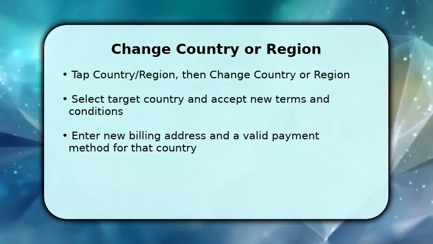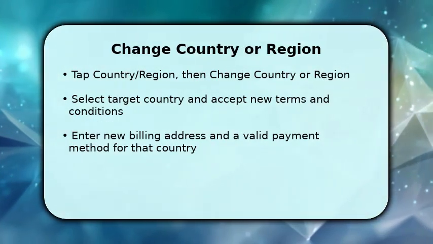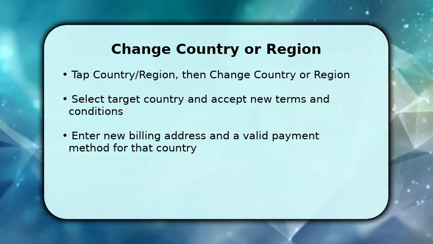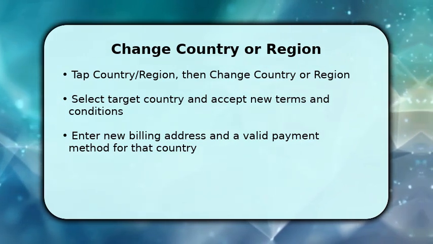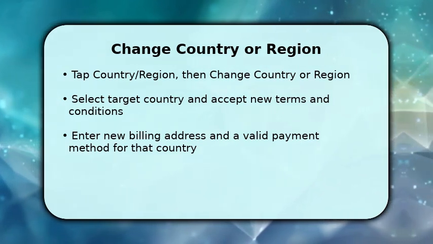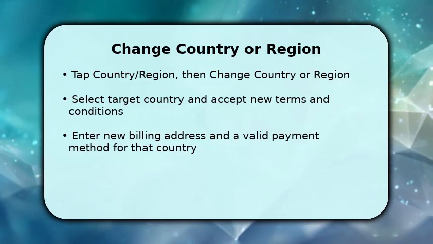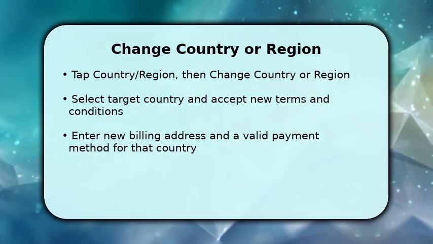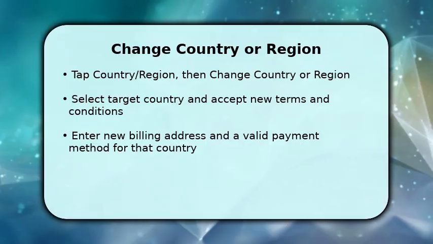Now change the region. In Account Settings, tap Country/Region and select Change Country or Region, then pick the target country. You'll see terms, read quickly, then accept. Next, enter a billing address that matches the new country and add a payment method that the App Store accepts